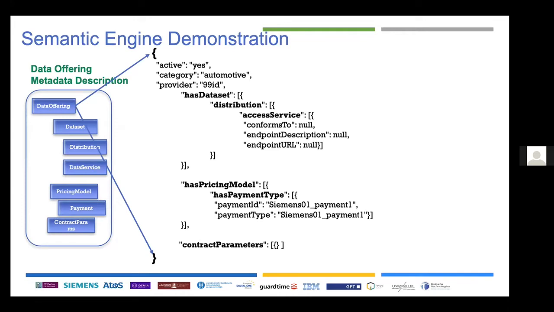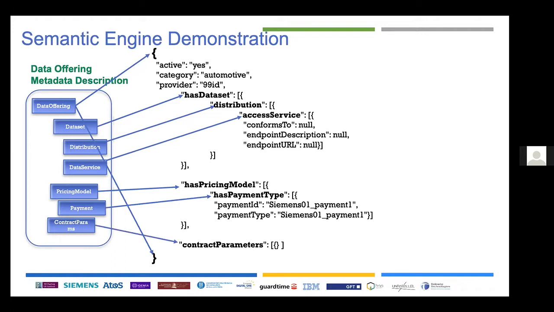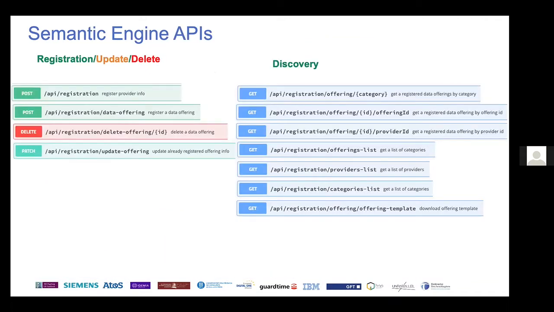So this is the root, and here the has data set represents the dataset information. Within the dataset information we have the distribution, and within the distribution we have the access service. For the pricing model, we have another array which contains the payment type, and then we also have the contract parameters. And here are the different semantic engine APIs: someone can delete, someone can post a new offering, someone can update the existing offering, and a user can also register as a